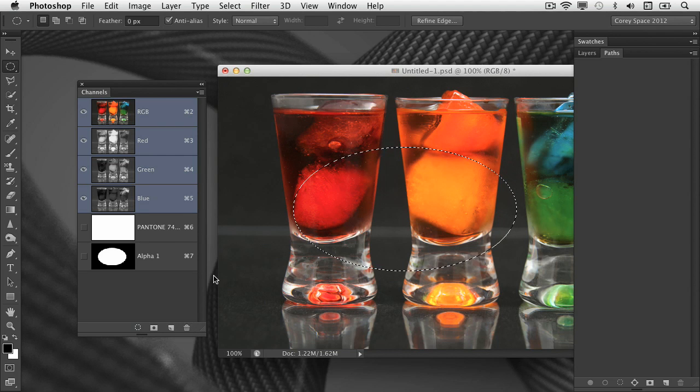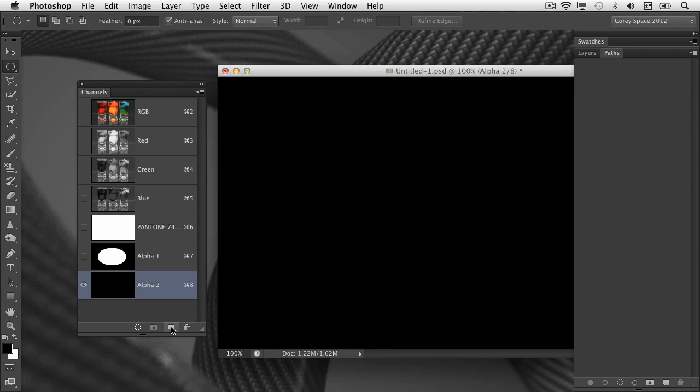Next one is creating a new alpha channel altogether. When you click on the new alpha channel icon, it creates a new alpha channel and by default fills it with black, which is inactive pixels. Basically, there are no active pixels in here, no gray or white pixels, so there's nothing going on